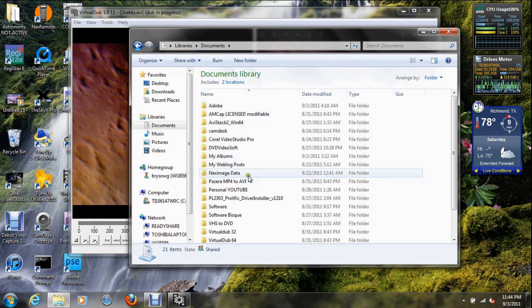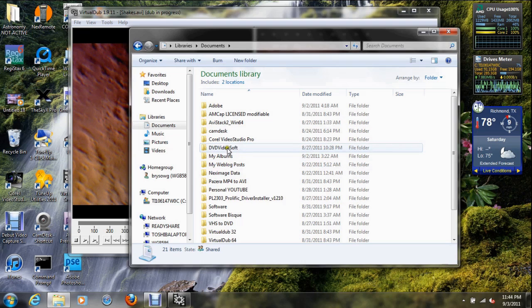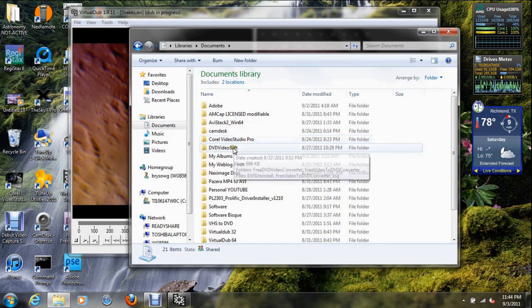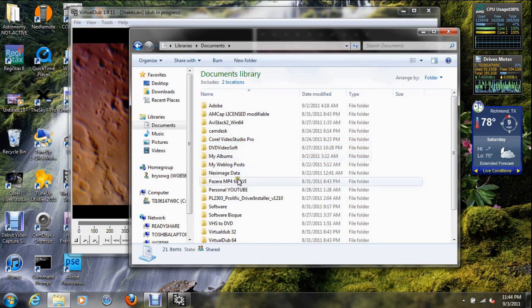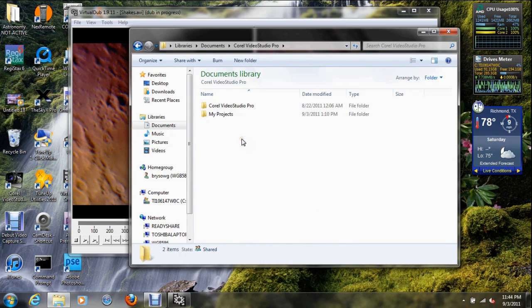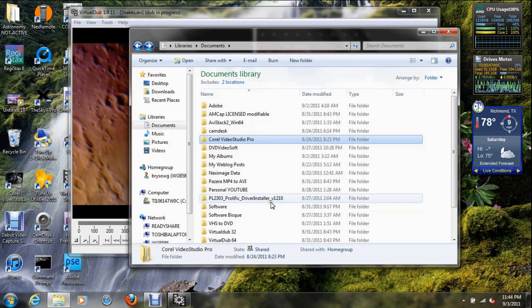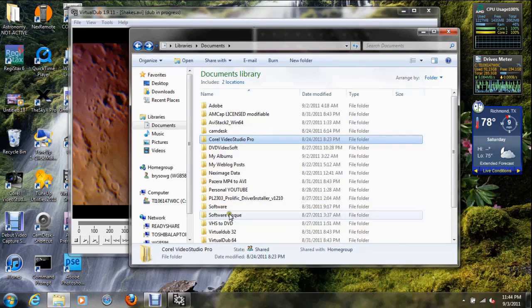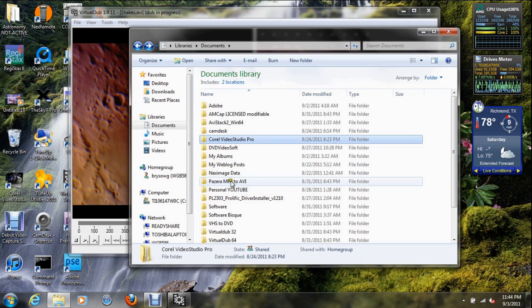It's loaded there. I have some, well, Visual Studio Pro, it's not loaded there, it's just project data is loaded there. But you can see